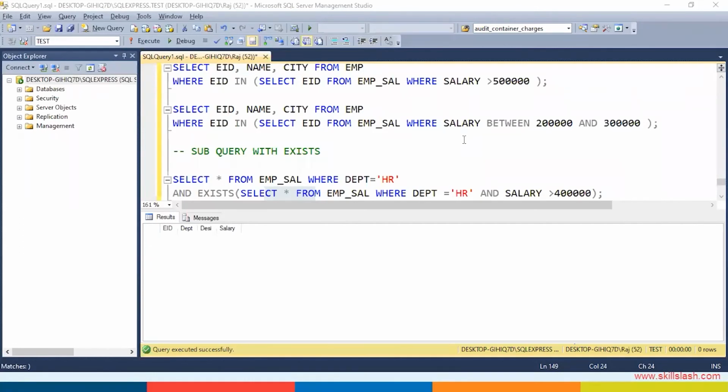So I have given you a tester: see whether your requirement is to get the data from more than one table, yes or no. If yes, you have to use a join. If no, joins need not be used, and then we will see whether subqueries are required or not.